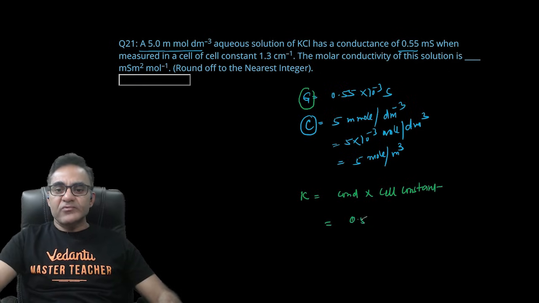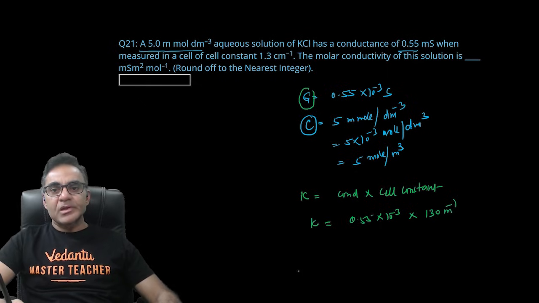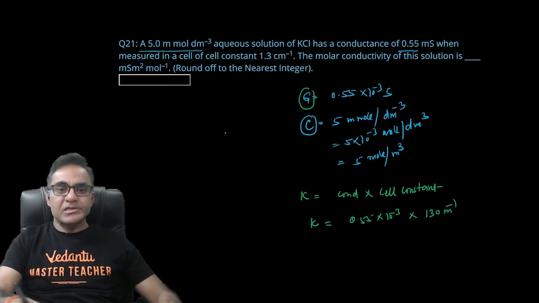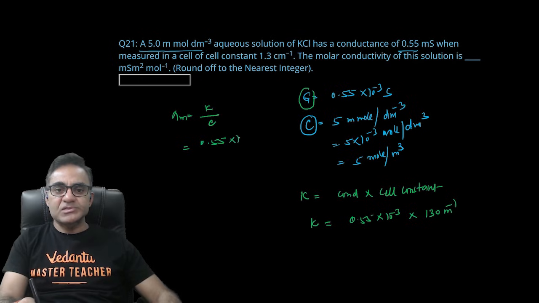कंडक्टेंस दिया है 0.55 इंटू 10⁻³, सेल कांस्टेंट l/A दिया है 1.3 पर सेंटीमीटर, तो 130 पर मीटर हो गया। यहां से आपको स्पेसिफिक कंडक्टेंस मिल गया, राइट। मुझे निकालना क्या है, मोलर कंडक्टेंस ऑफ दिस सॉल्यूशन। मोलर कंडक्टेंस होता है स्पेसिफिक कंडक्टेंस अपॉन C। स्पेसिफिक कंडक्टेंस में निकाल दिया 0.55 इंटू 10⁻³ इंटू 130 अपॉन C, आपका 5 आ गया, तो ये आ जाता है